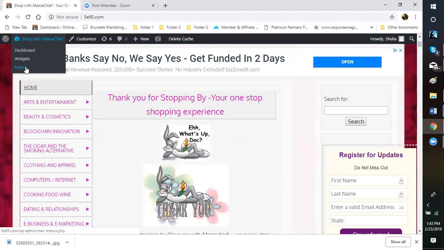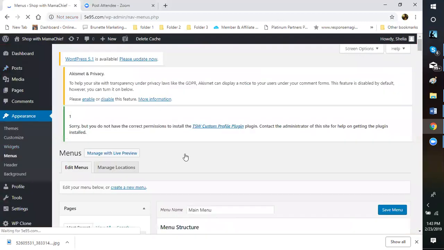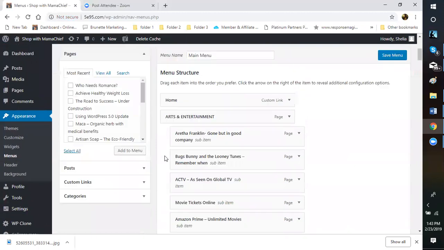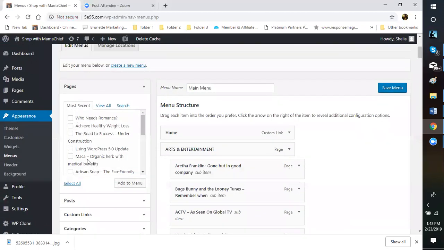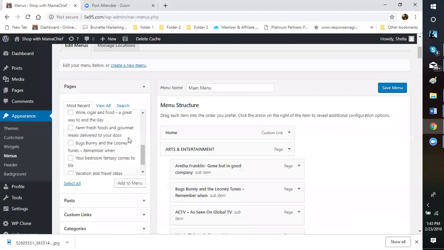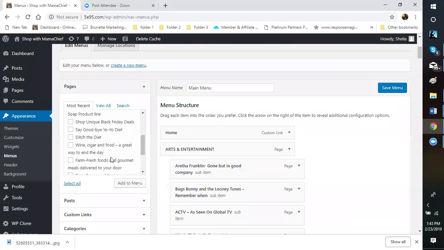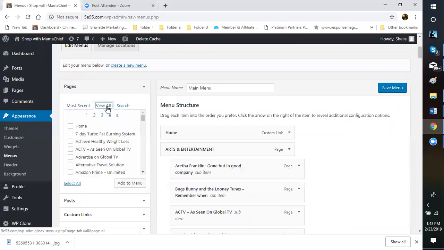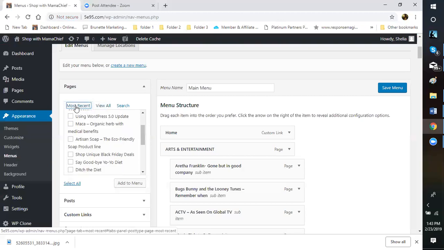And the way to do that is fairly simple. You just go to your menus. If you have a page you really want to put in one of your menus, then you will pull up your menu page, and it has your menu structure here. And over here on the left-hand side, it has all your most recent pages that you've done. If it's not here, say it was something that you made a couple of weeks ago and you want to put it in your menu structure now, then you would go to View All, and it would show you all the pages that you have in your system. But if it's something that you've done in the last week, it'll be here. Then you just click on